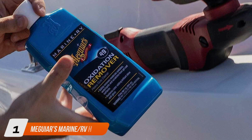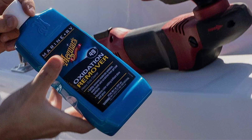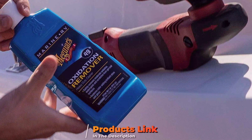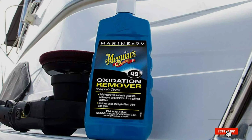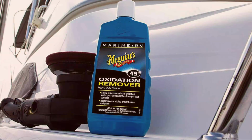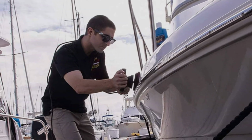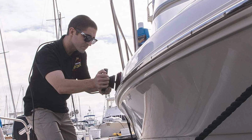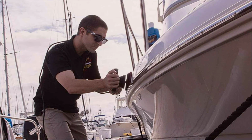At the first position of our list, we are introducing Meguiar's Marine RV Heavy Duty Oxidation Remover, the ultimate solution for tackling tough oxidation and water spots on your marine and RV surfaces. Designed specifically for the demands of outdoor environments, this powerhouse formula effectively restores the shine to fiberglass, gel coat, and painted surfaces. Featuring a cutting-edge formula, Meguiar's Oxidation Remover effortlessly eliminates stubborn oxidation and water spots, revealing a smooth, glossy